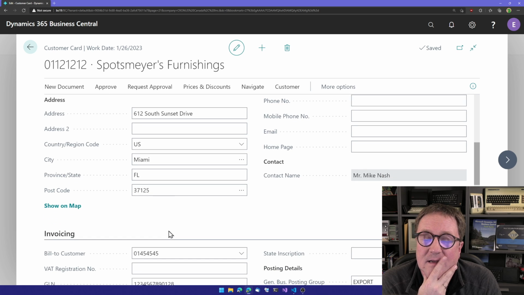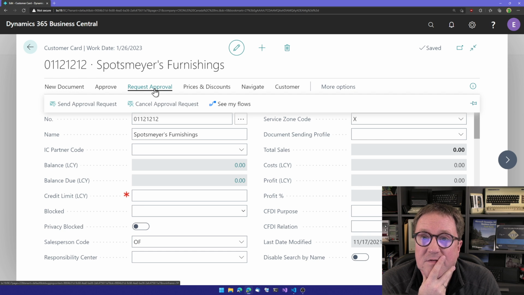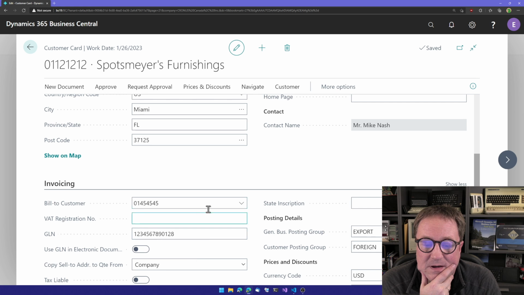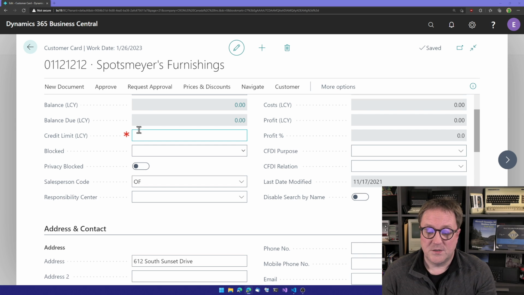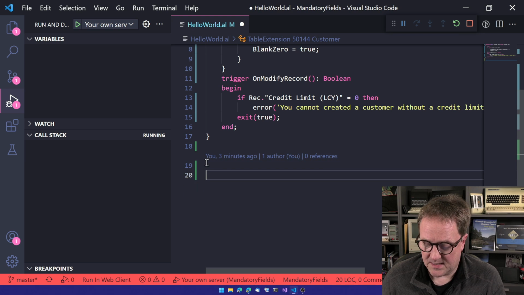We can work within the approval functionality. So we need to approve customers. We can go and say, hey, when you're filling out some other fields that typically need to be filled out, you cannot fill those out before you have filled something else out. Otherwise, we are back to the scenario we had on the purchase order, that at some point something is going to verify that, hey, you cannot use this, whatever it is, before you fill something out. So if we wanted to go down that route, we could certainly go and say, okay, let's create